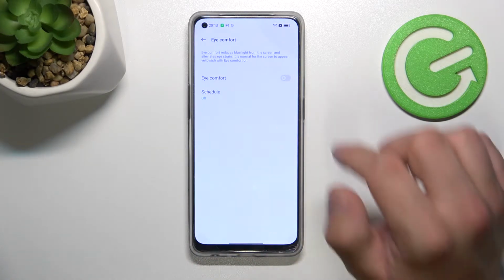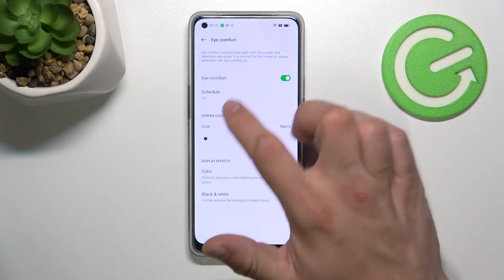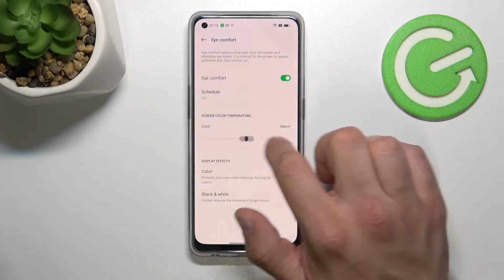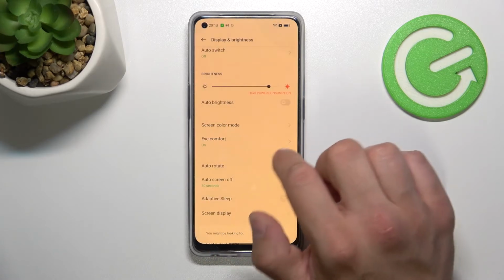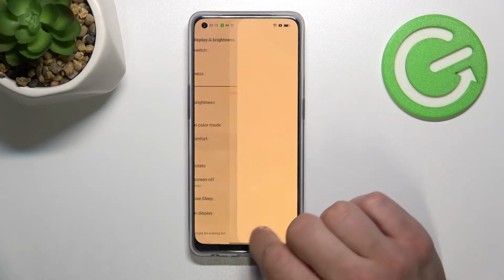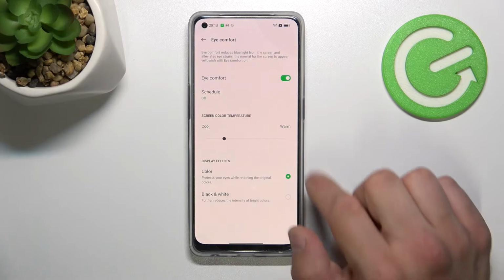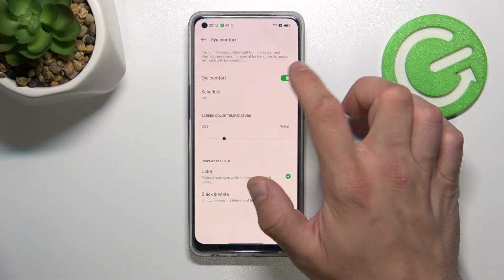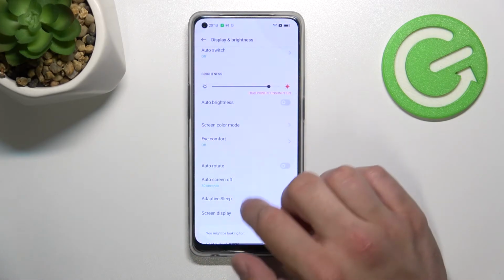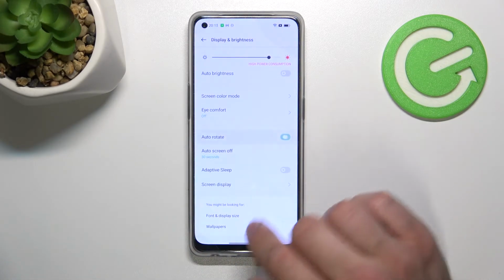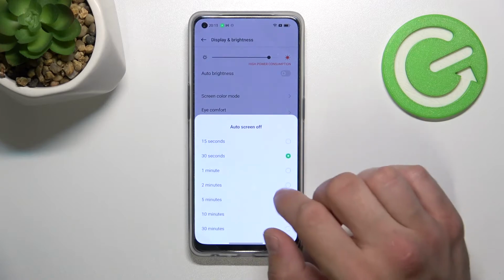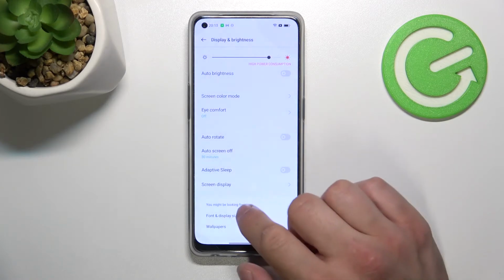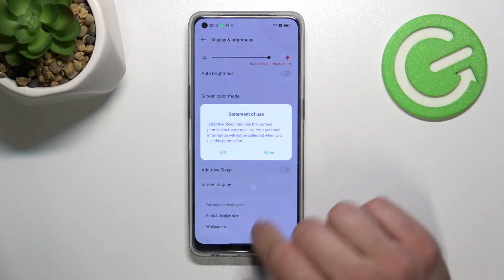In eye comfort mode, you can enable or disable this function, schedule it, and change screen color temperature between cool-warm, black and white, and color. Next, we can enable or disable auto rotate screen, change auto screen off between 15 seconds and 30 minutes, enable or disable adaptive sleep,